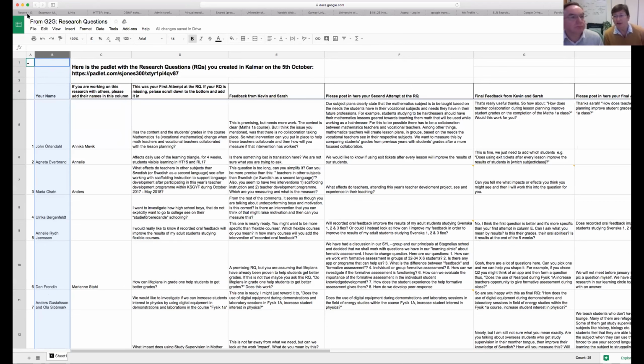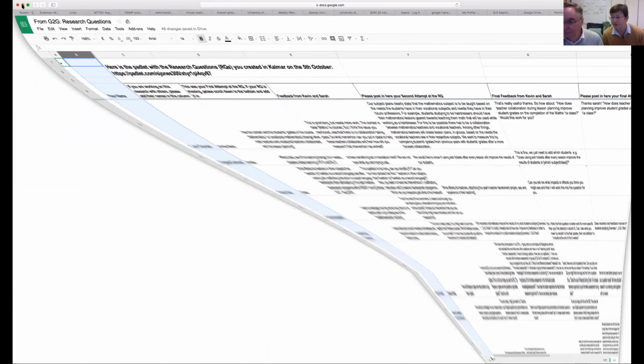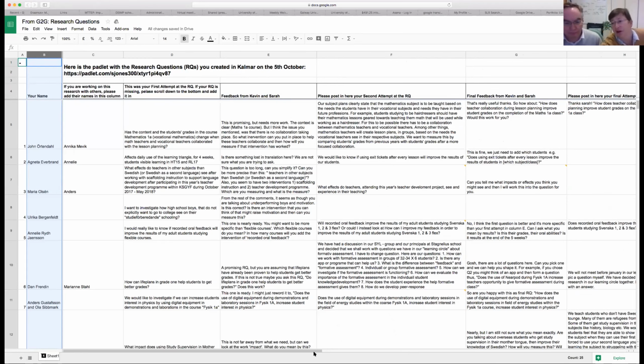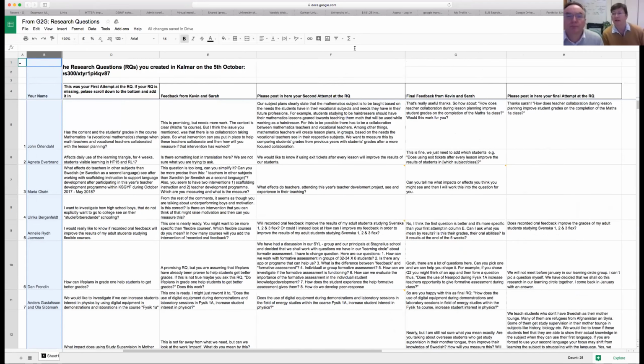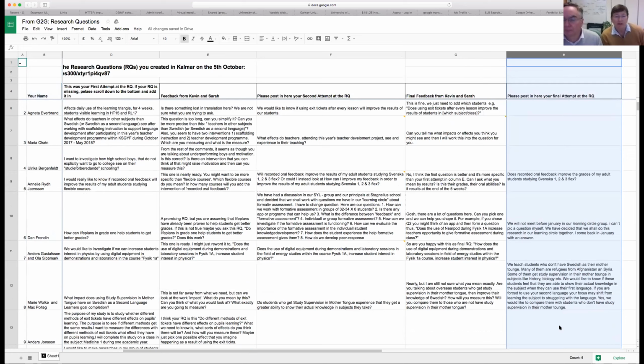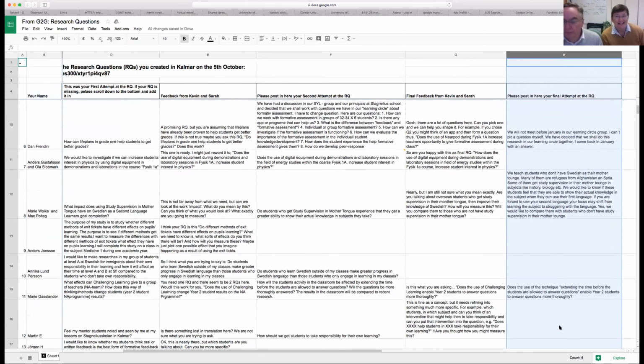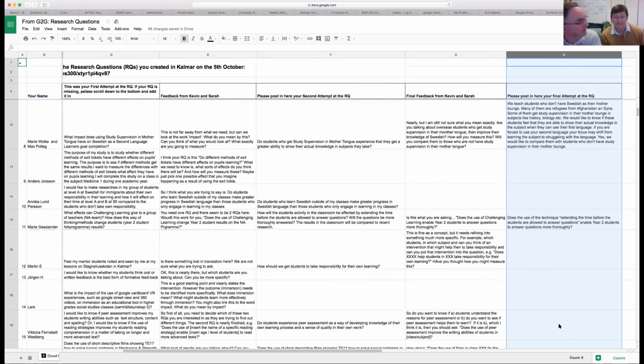I suppose what I could add is in that spreadsheet, which Kevin now has open, he's just lost it, where is it? Thank you. If you go to column H, that says, please post in here your final attempt. As soon as I see your final attempt posted in that column, in column H, then I will give you a link to your portfolio so that you can start filling in your portfolio. Okay. So there are a few still to be completed, aren't there? There's quite a lot that still haven't got the final question in. Yeah.